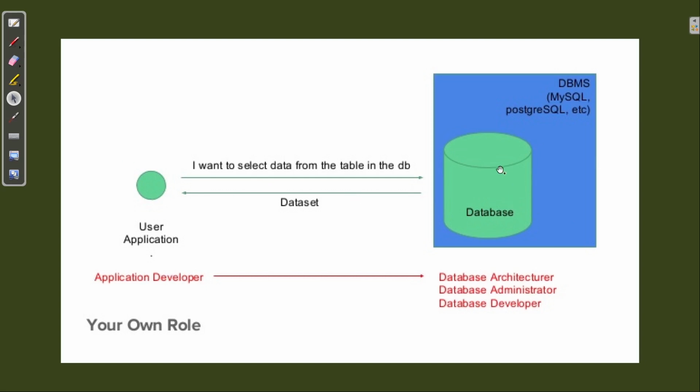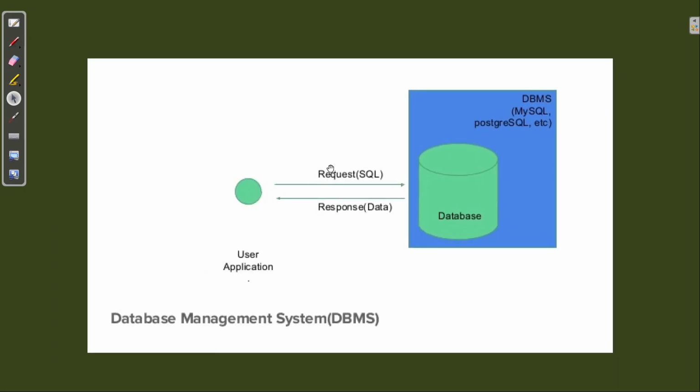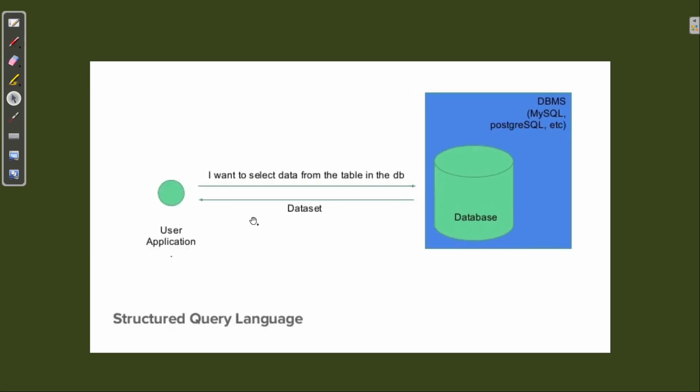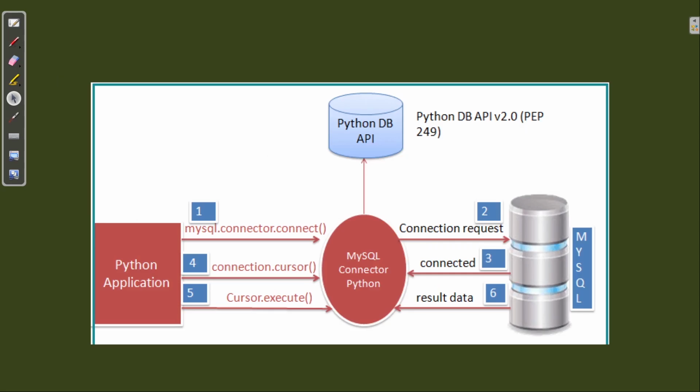Like this is the query and this is the response. Here I have already explained that first we request from the database and then we get the response, that is the data from the database. So for connecting Python to the database, we need to understand this format. If you understand this format, half of the concept of this topic will be clear to you.